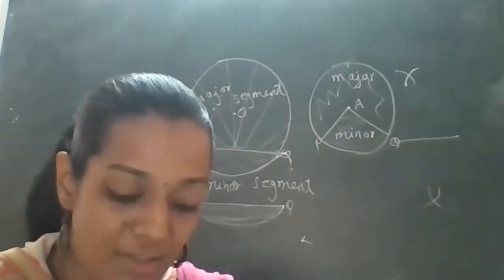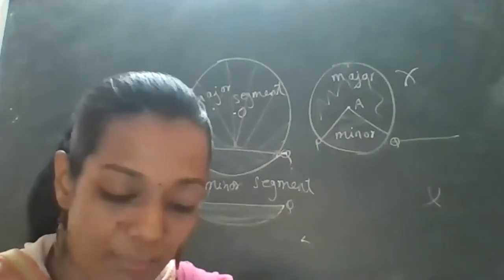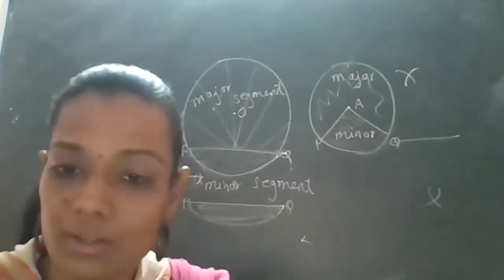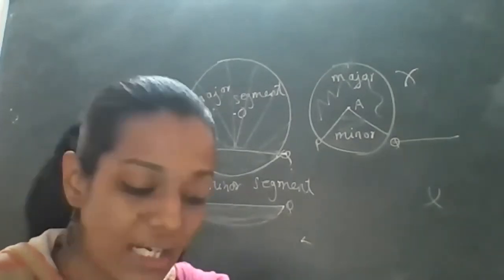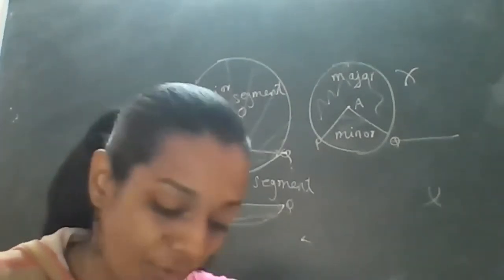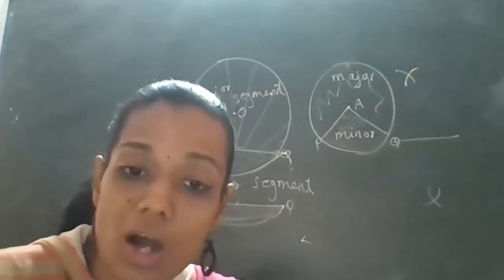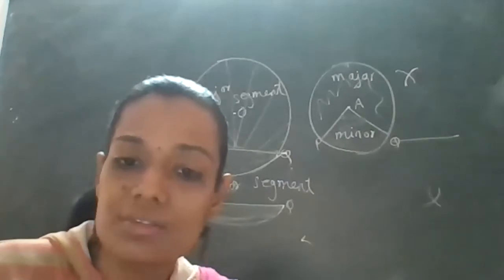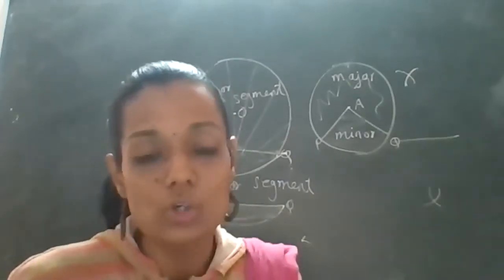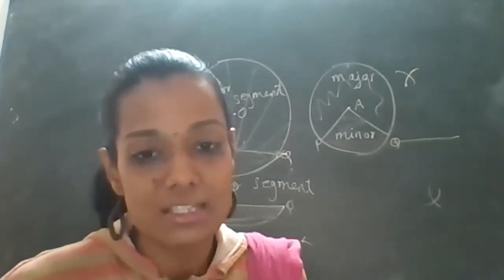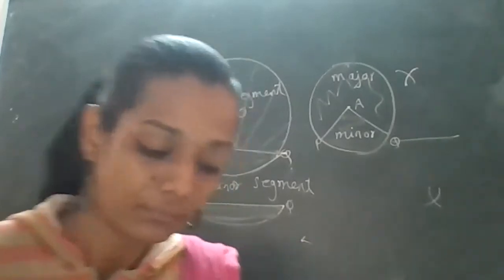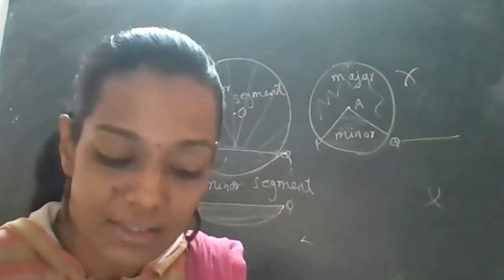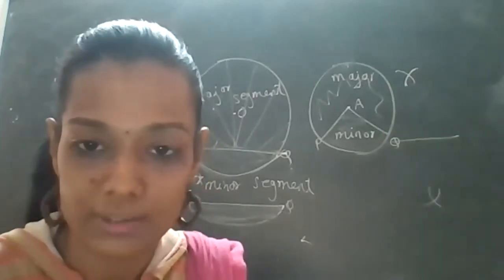Now second, a circle has only finite numbers of equal chords. False. No, false. What can we write? We can draw infinite numbers of equal chords. We can get many chords that are at the same distance. Okay? So here you write the reason: a circle has infinite number of equal chords.